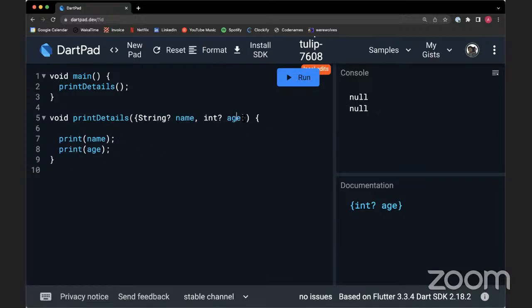Another advantage of using curly brackets is that you can assign a default value to your arguments. So instead of adding this null check, we could easily just give it a default value. If no argument is passed, then we want to make sure that this value is never null and it should print Abbie at any point. So if I do not assign a value to name when we call our function, then the default value for name is always going to be Abbie. So if I were to run this,